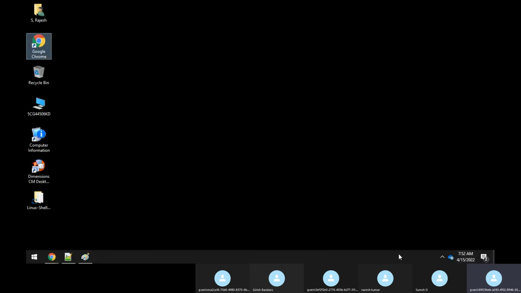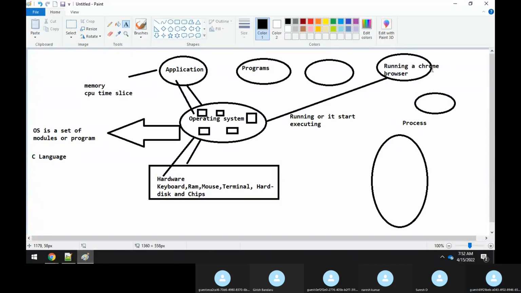So whenever you want to run any application or execute any kind of program, the program will get executed with the help of a process. Without a process, the program cannot get executed. Later, we will see how these processes are created. I'm just saying that whenever any application has to get executed, it can execute with the help of a process. Without a process, none of the applications will get executed.